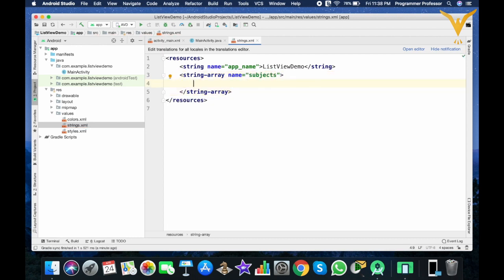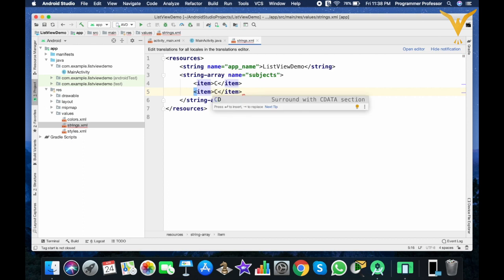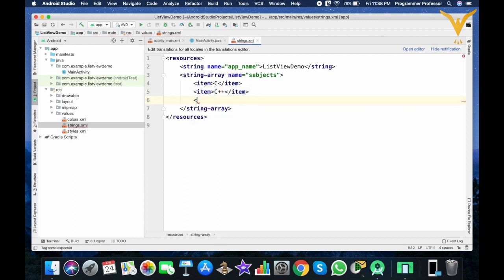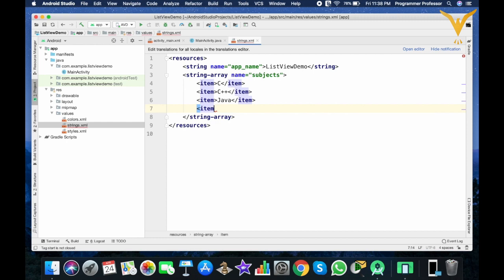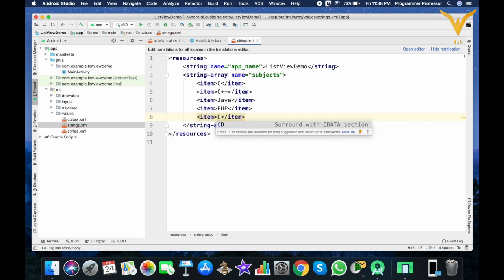Here you need to add values: C, then C++, then Java, PHP and C#. You can add further options if you want.